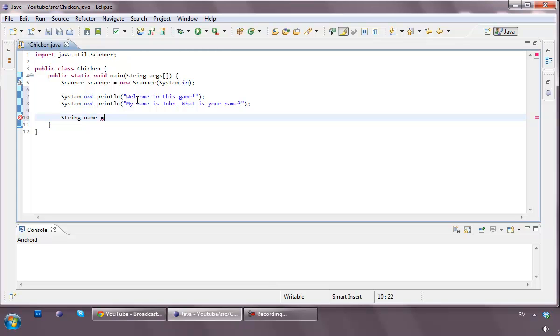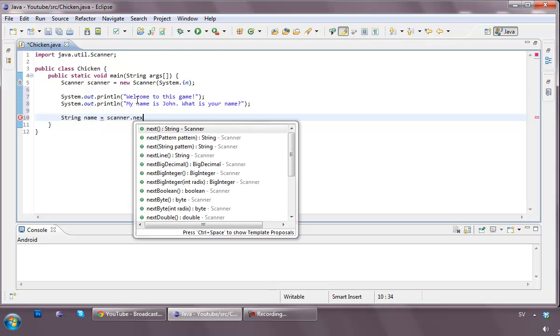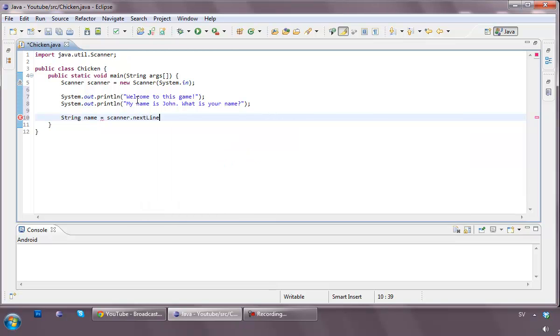Now, when we're setting it equal to something, we're not going to set it equal to double quotes or anything. We're actually going to set it equal to whatever the user types in, because now whenever we do this, we want the game or the program to wait for our special instructions. So we're going to type in scanner dot nextLine,